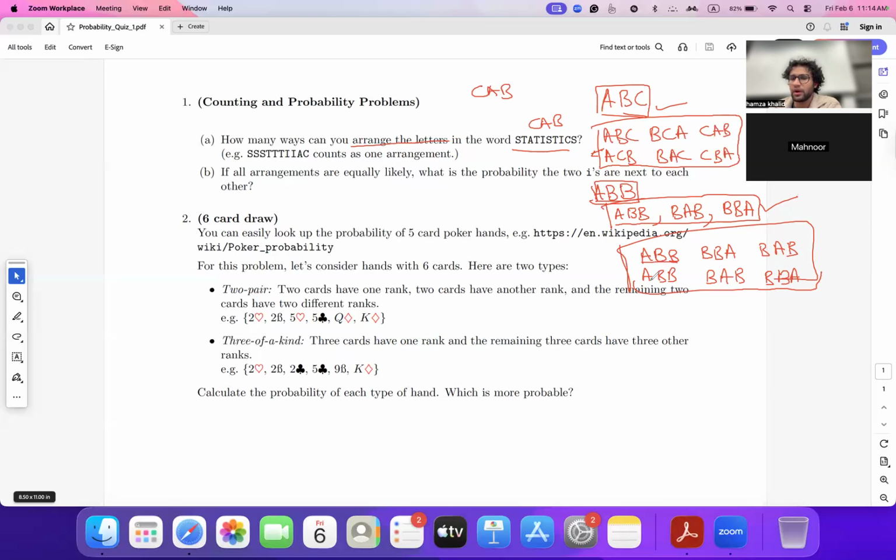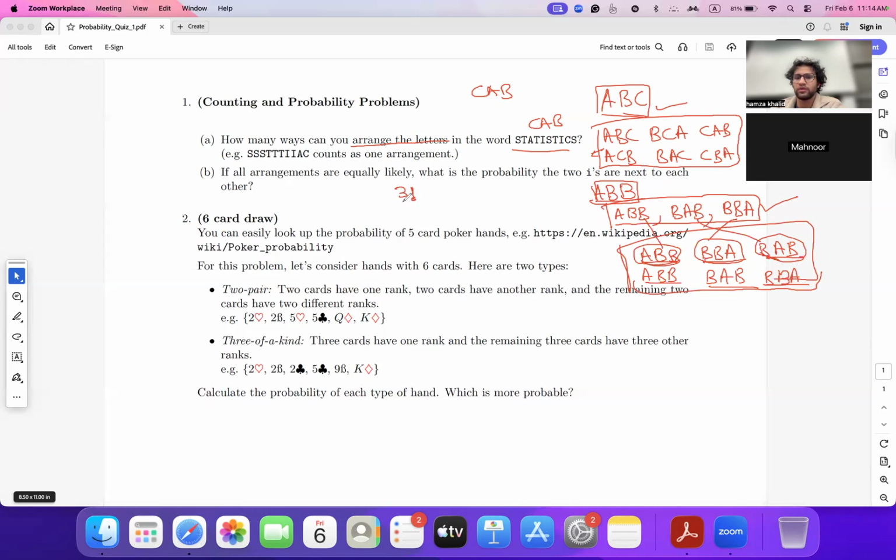So ABB, I'm double counting this. Likewise, BBA, I'm double counting here. Likewise, BAB, I'm double counting here. So this is supposed to be counted just once, this was also supposed to be counted once, and this was also supposed to be counted once. What that means is that it's three